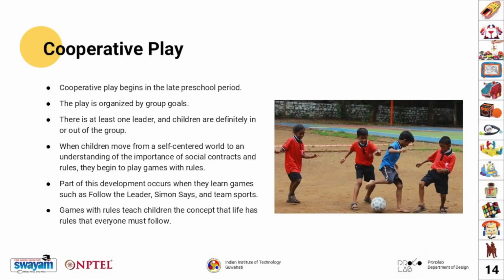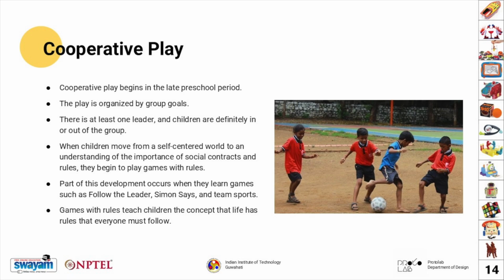Finally, cooperative play represents the most organized social form of play. Here, children play with shared goals, agreed rules, and coordinated roles. This is where games with rules emerge strongly. Sports, team games, board games, and structured role play belong here. Children learn leadership, teamwork, negotiation, and fairness. They also learn how to handle winning and losing.